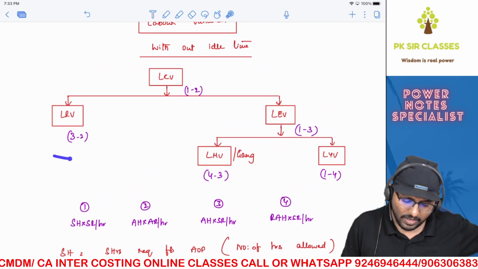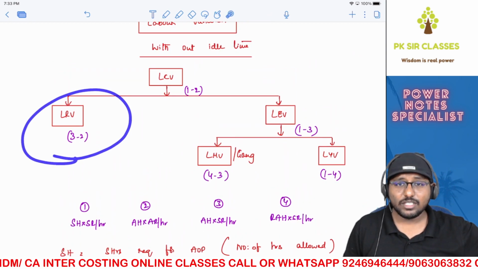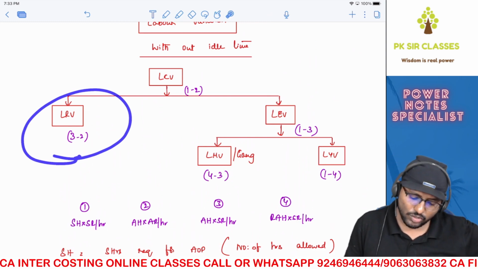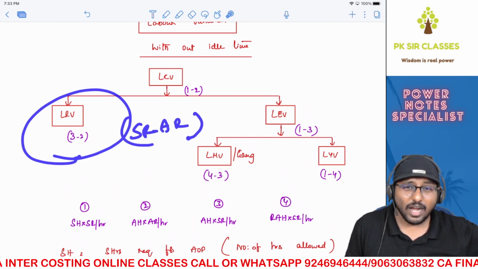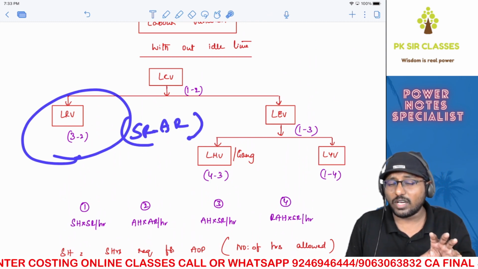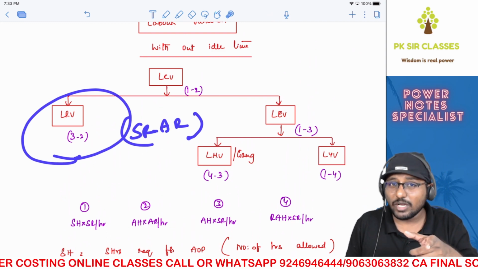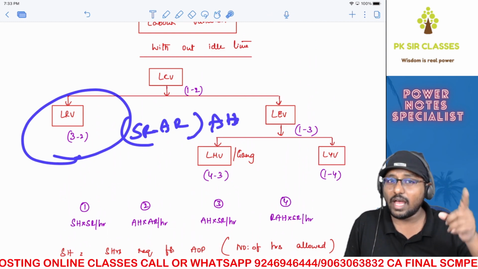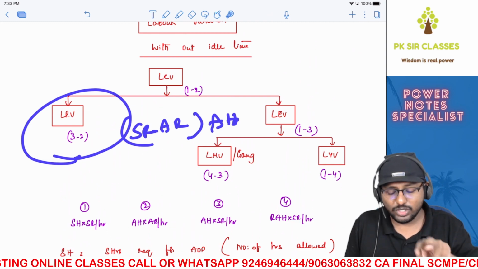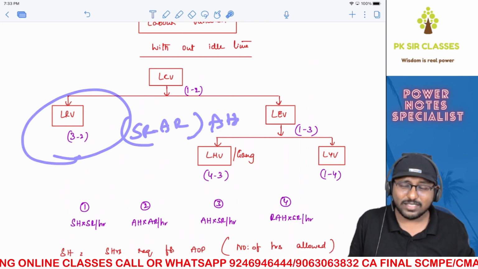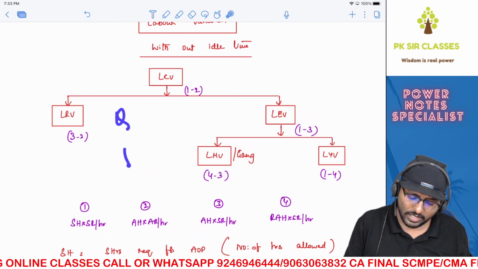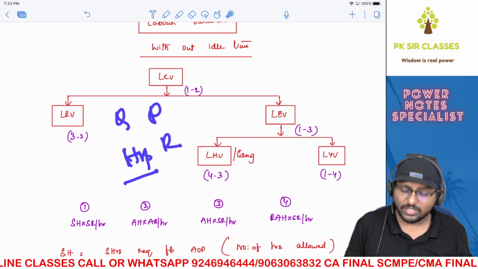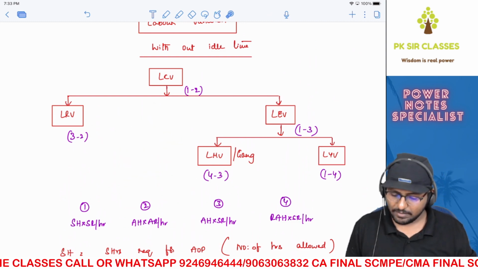For example, let's take rate variance. What is the logic? Rate will change, and the quantity, I mean here the hours, will remain constant. So it is a difference between SR and AR, two rates, and hours will remain constant. You have two hours: standard hours and actual hours. Which will remain constant? Actual hours will remain constant, as I told you earlier. When it comes to quantity, actual quantity will remain constant. Applying the same logic here, actual hours will remain constant. The only difference is there it is quantity, here it is hours; there it is price, here it is rate. Except that, everything else is the same.